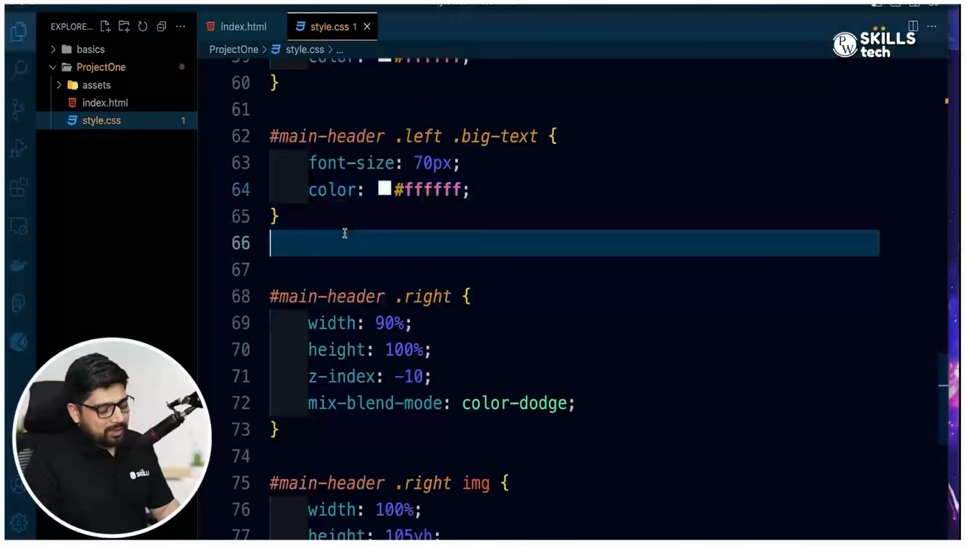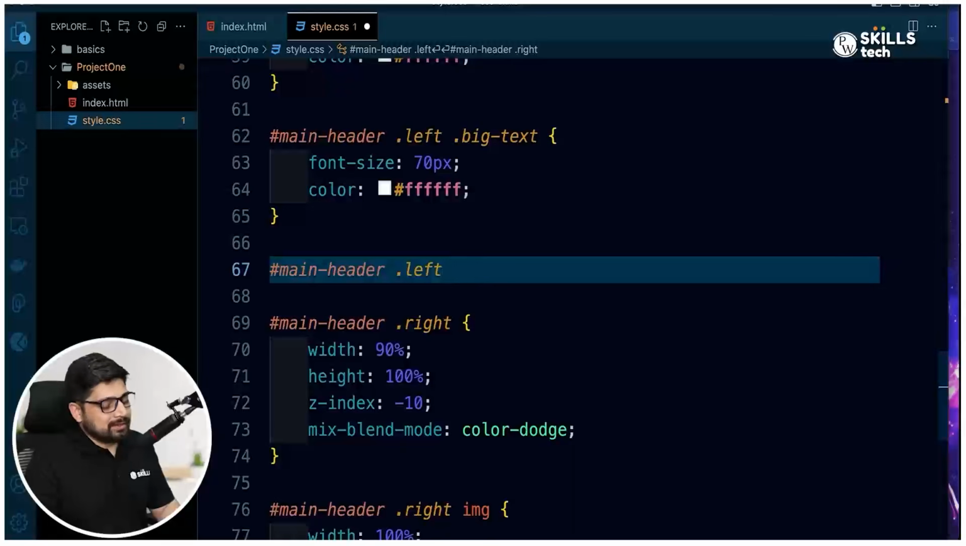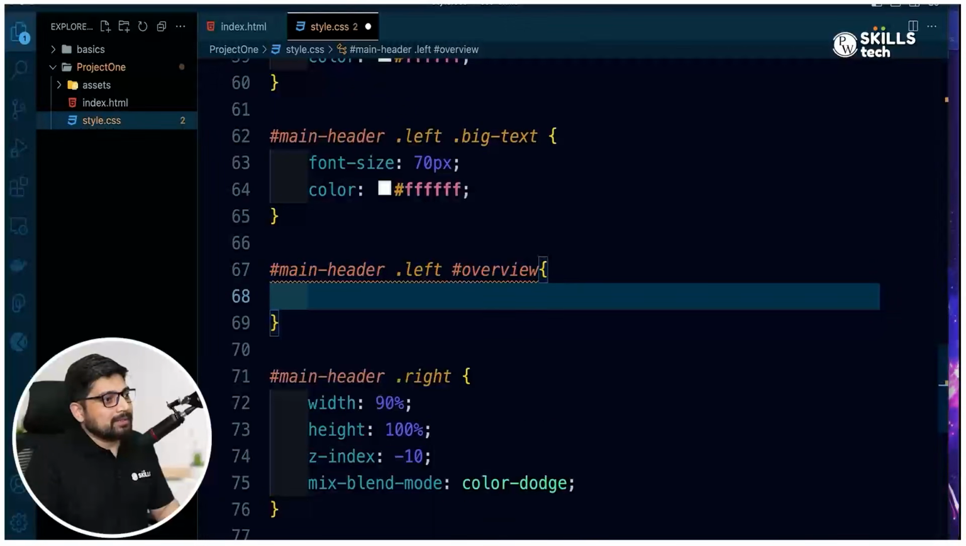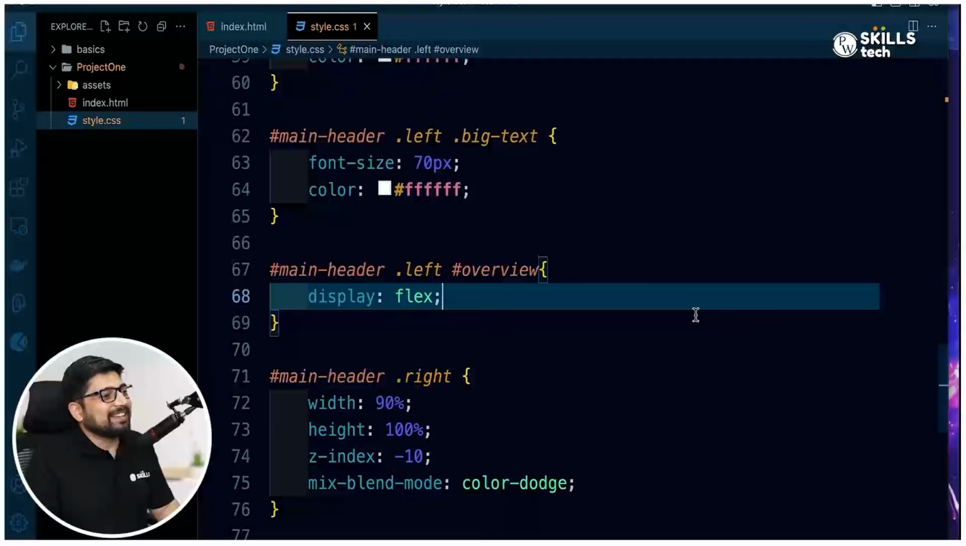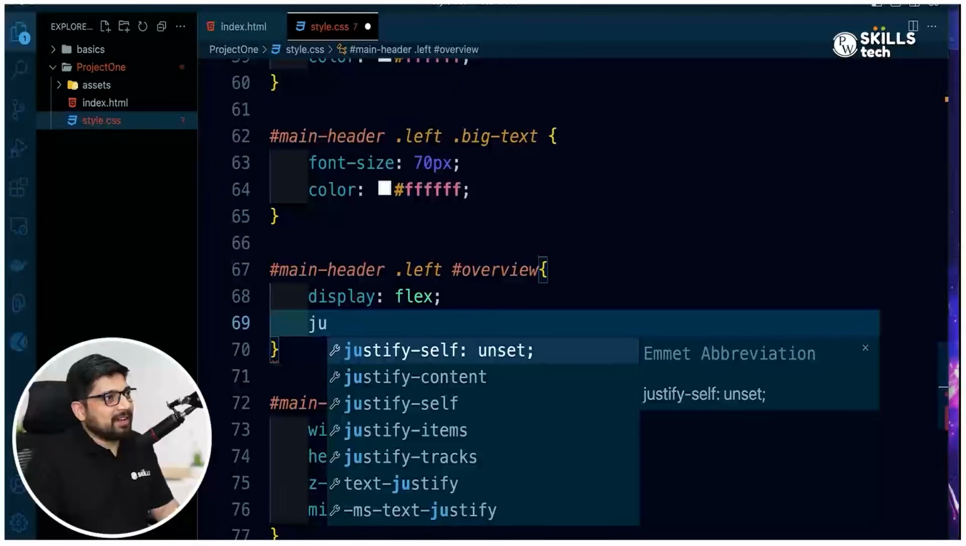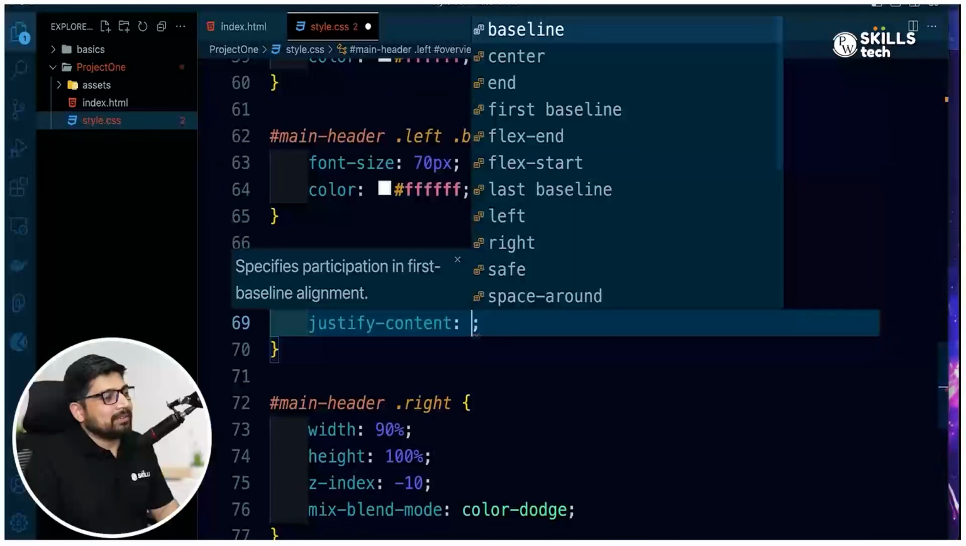All right, so let's go ahead and say that, hey, this is the left. Inside this, we have an ID of overview. This one is pretty easy. Again, display flex. Half of the job will be done just there. Told you, half of the job is done just right there. All right, let's also say that justify content is going to be flex start,